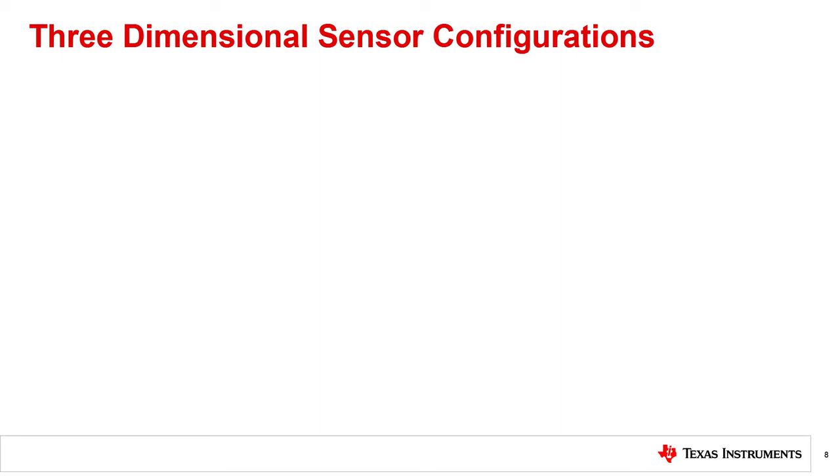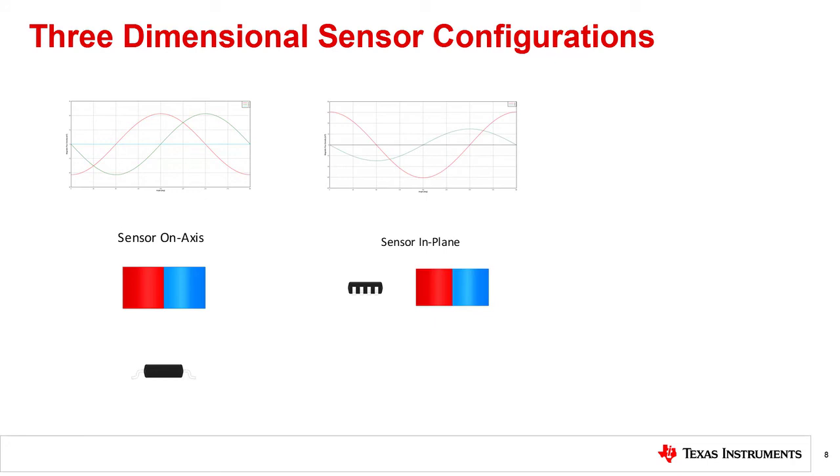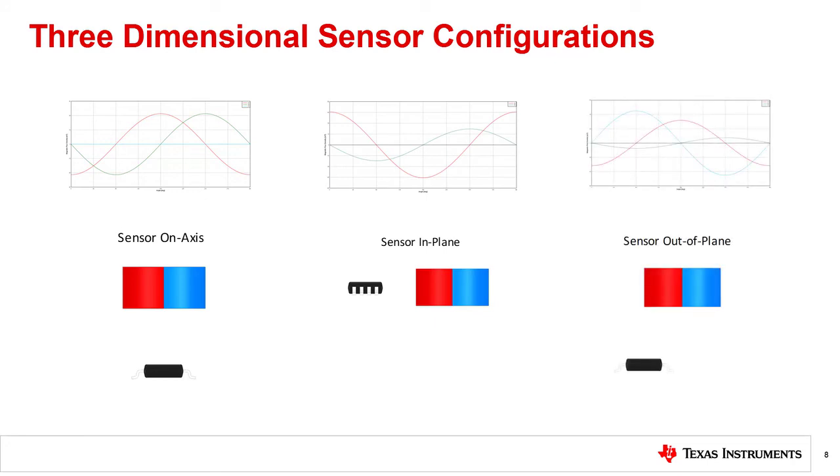Again, we have a number of alignment options for 3D position sensors. The sensor will observe ideal fields for this application when placed along the axis of rotation, or on axis. The device might also be placed in plane, as we saw before with the one-dimensional sensor, or just about anywhere out of plane where there is sufficient magnetic flux density. In every case, there are always at least two components available to perform arctangent calculations.